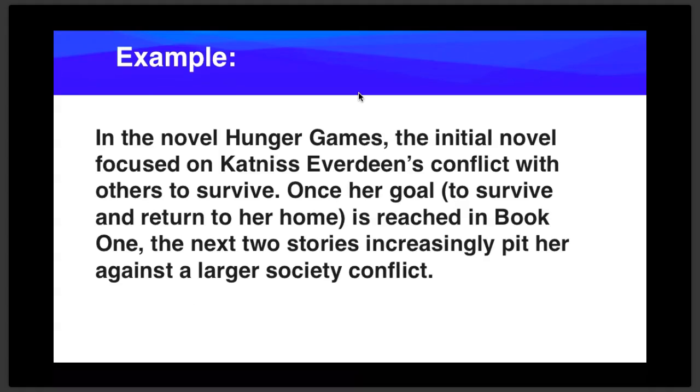So here's an example. In the novel Hunger Games, the first novel in the series, the initial conflict is focused on Katniss Everdeen, the protagonist, in conflict with others to survive. She is also in conflict with herself because she's been pitted against Peeta, who is someone who helped her when she desperately needed help back in their home community. But now she might have to kill him in order to survive. So you've got lots of different